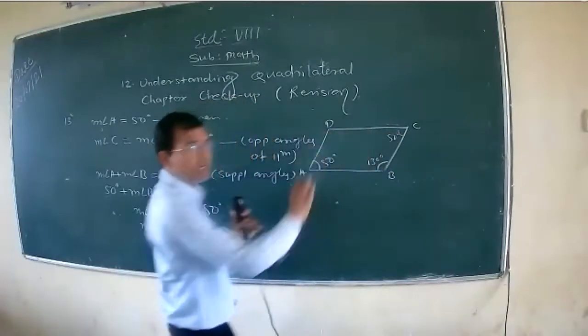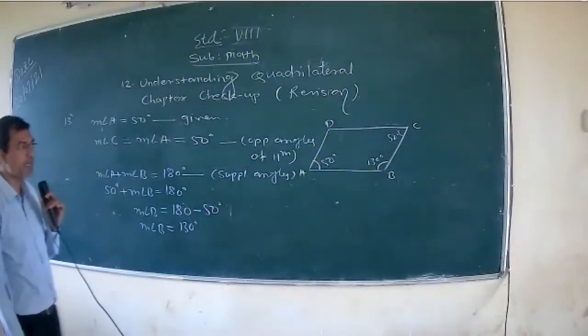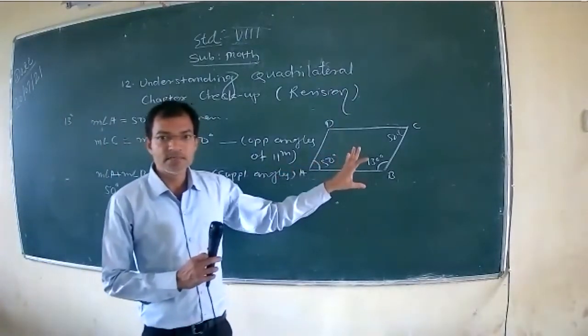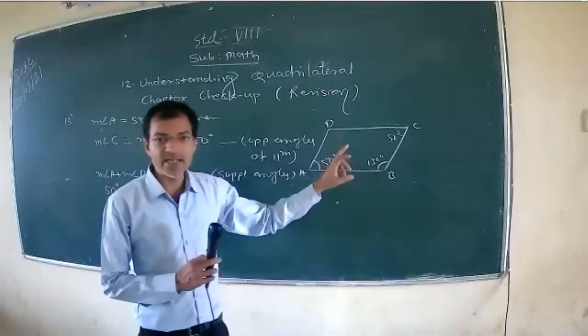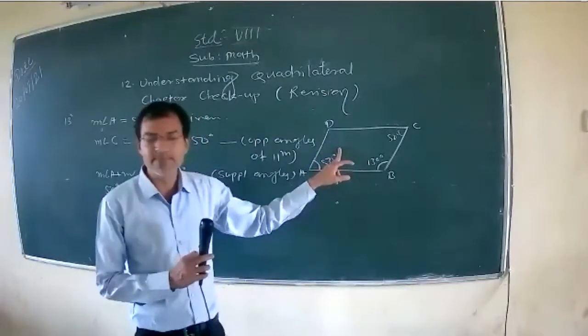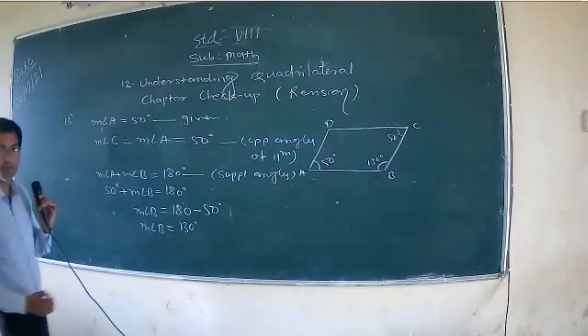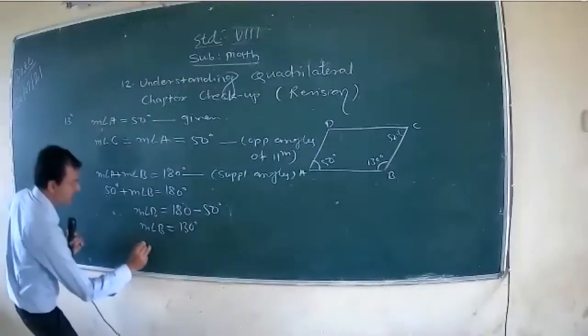So can you find angle D? Yes, sir, 130. How to find it? 130 degree. Why is this angle 130 degree? Opposite angles of parallelogram are equal. So directly we can write here,